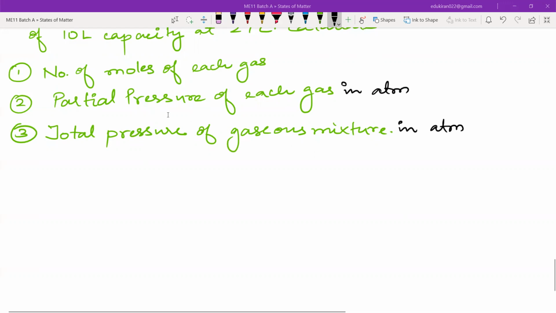Moles is correct, Asma, but you have to find partial pressure also. Okay, sending. Don't write so much, just send me the answers. You just send me the numbers, I will understand, okay? You only have to write respectively. Do you want to print a book? Okay, sir. It's a habit from school. Okay.